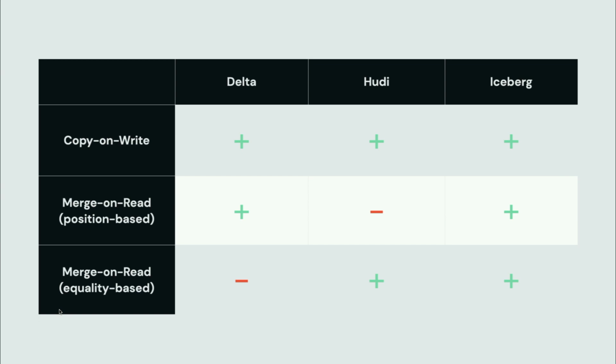Delta started as a copy and write system up until recently when they started adding support for delete vectors, which is a form of position-based merge and read. Hoodie from early on supports both copy and write and a form of equality merge and read, because you need to predefine the column you're going to be using for your op sorts, and that's used internally to handle the